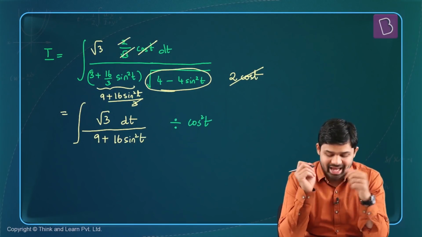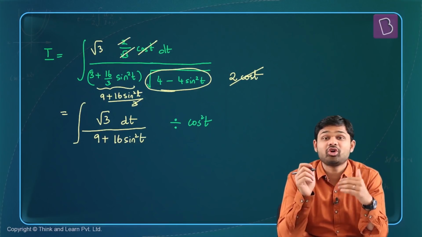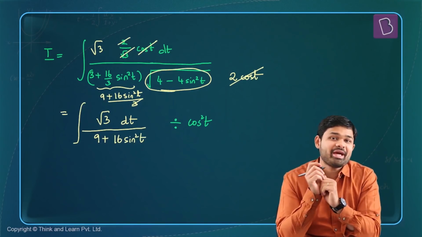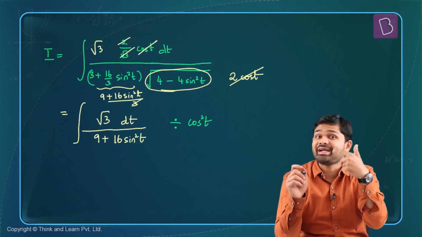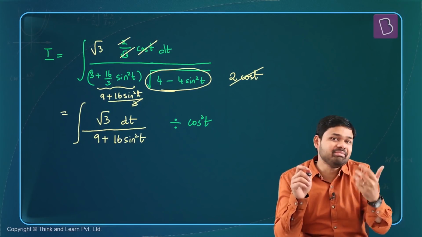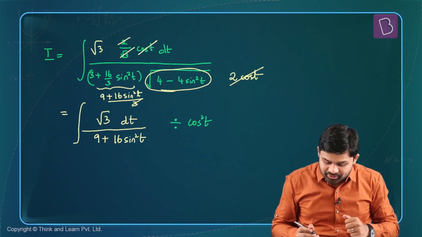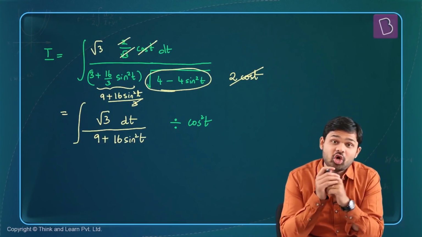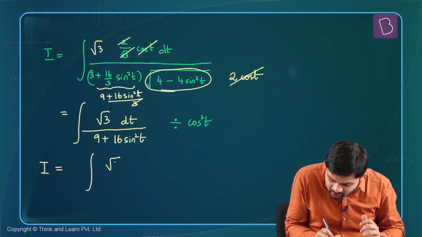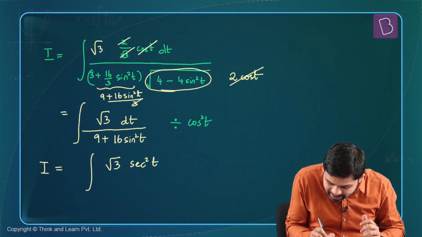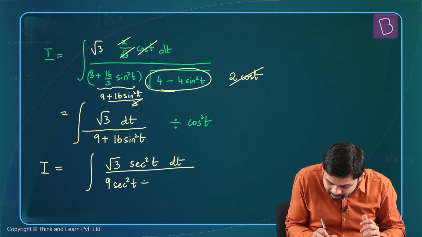both the numerator as well as the denominator. Because if you divide the numerator by cos square t, you're going to get a secant square t, and sine square by cos square is nothing but tan square, and we know the derivative of tan is secant. So maybe we might have to make another substitution, but this seems like progress. So what I will do is make this substitution to get the modified expression of I. So now my integral becomes the integral of root 3 secant square t dt divided by 9 secant square t plus